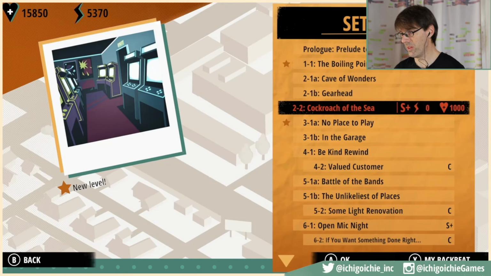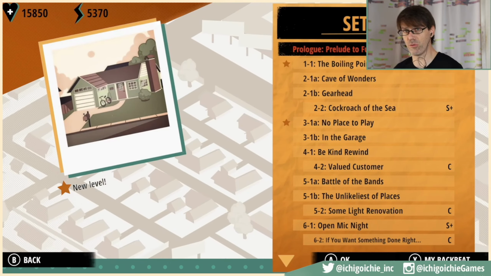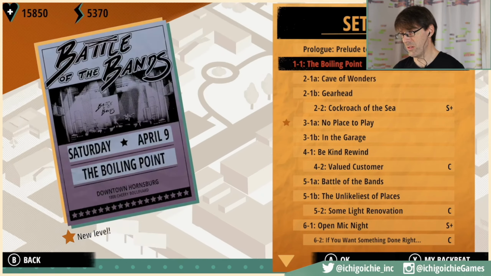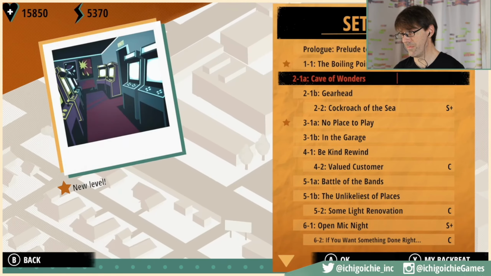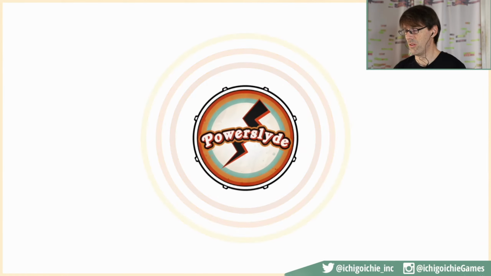So looking now at the level, we'll visit just a couple of the locations. If you want to see more of the game, you can visit one of our other streams where we take you deeper into the title, or you can try out the free demo, which we have right now, which includes, I think, about 4 or 5 of the 11 locations in the game. And you can see how those work together. So let's go into the Boiling Point. This is the first full level of the game.